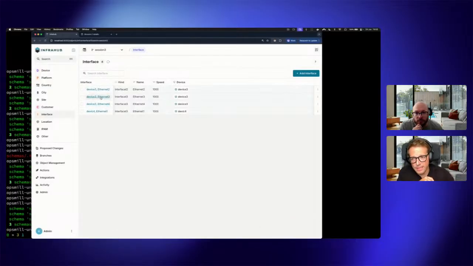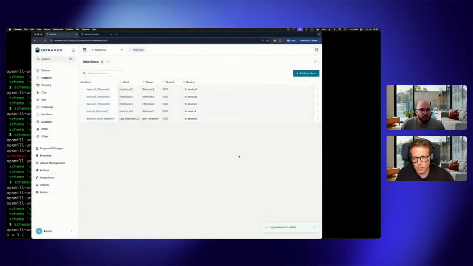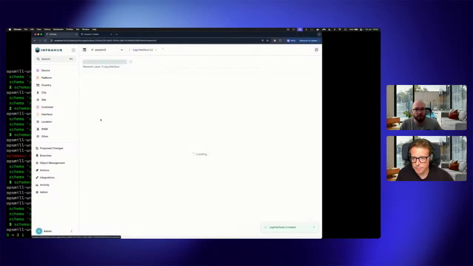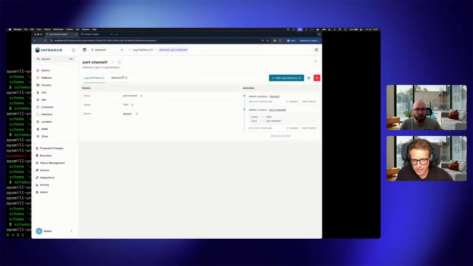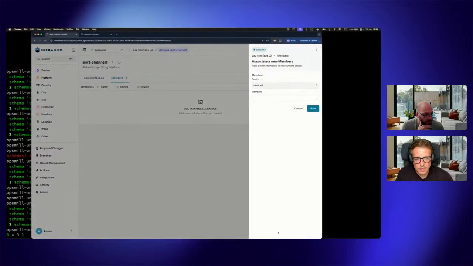So now what we want to create is a lag interface on this device 3. So we find port channel 1, and we want to make it part of device 3. So now we have our port channel defined, and we can see that there are no members yet on this port channel. So now we want to add member interfaces, and what we can see in this form